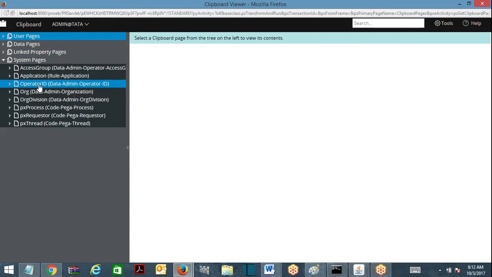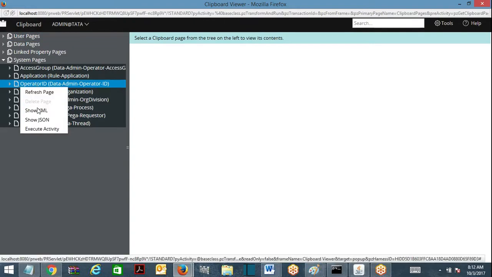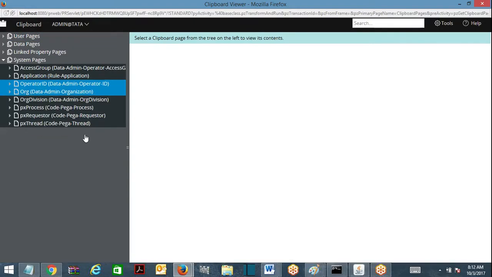So Operator ID is the page which holds the details of the current operator. Whoever logs into the system, for their session a clipboard page will be created, called Operator ID. That is a system page, meaning that you cannot delete this page. It refers to a table class, obviously, because it gets the data from a table and keeps it on the clipboard on a page.